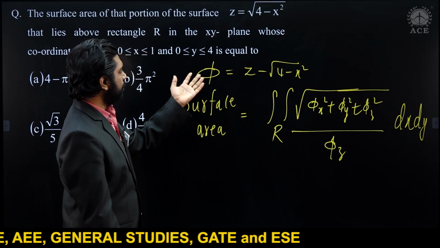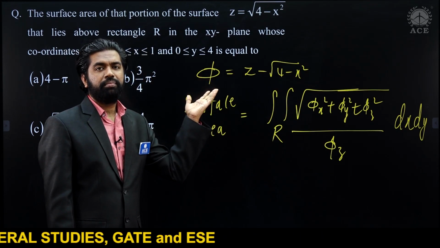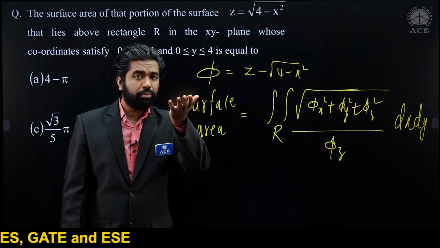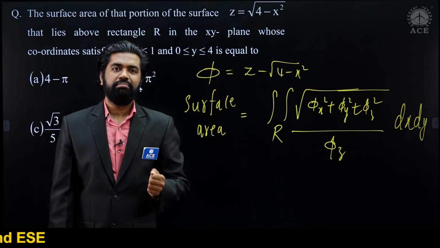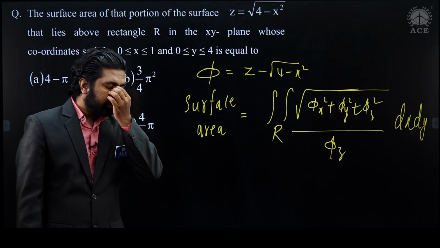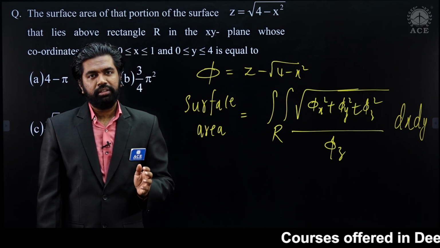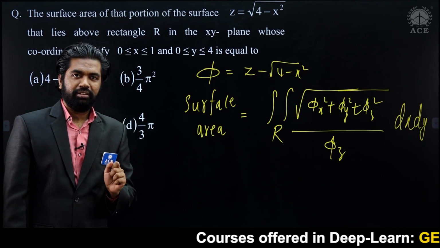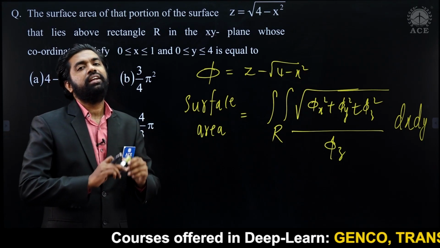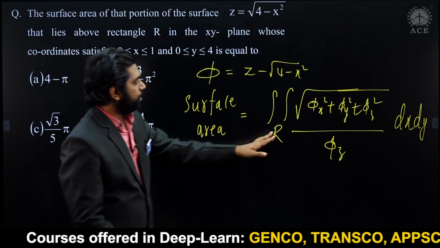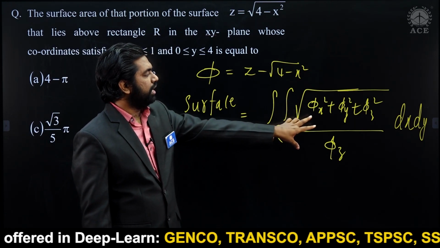If you have a surface which is given by the equation phi, what we usually do is we project that surface into the xy plane. We take a small surface area, project that into the xy plane, see what is the value in that xy plane, and then we integrate over the entire region. So you can either follow that or you can use this direct result.